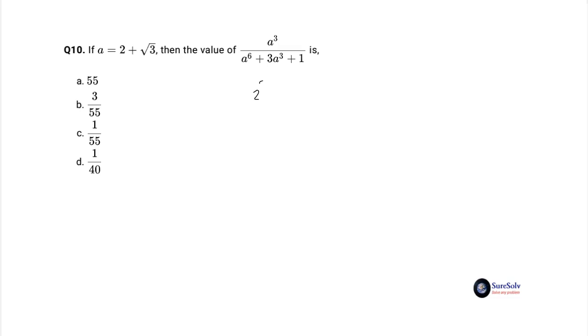Examining the given third expression, we identify the key pattern of sum of inverses inherent in it. That is, difference in squares of 2 and root 3 is 1. This results in sum of inverses of variable a free of third. That is, a plus 1 by a equal to 2 plus root 3 plus 1 by 2 plus root 3 equal to 2 plus root 3 plus 2 minus root 3 by rationalization equal to 4.